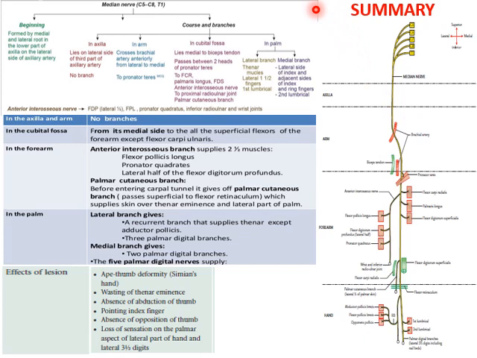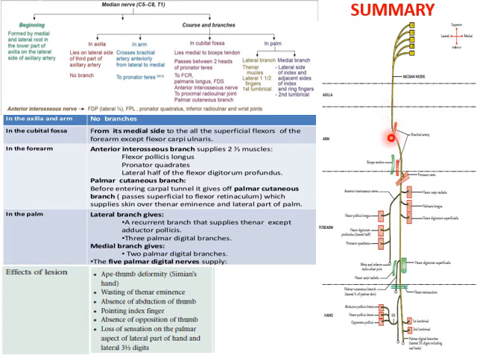Coming to a very brief summary of the median nerve, this is formed by the lateral root and the medial root of the median nerve, which are from the lateral and medial cords. So it carries all the fibers from all the roots, that is from C5, 6, 7, 8 and T1. So the fibers from all these roots are carried along the median nerve. In the axilla, the median nerve gives no branches and is related to the lateral side of the axillary artery. Then it enters into the arm,